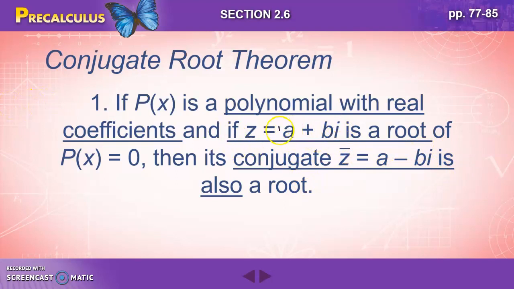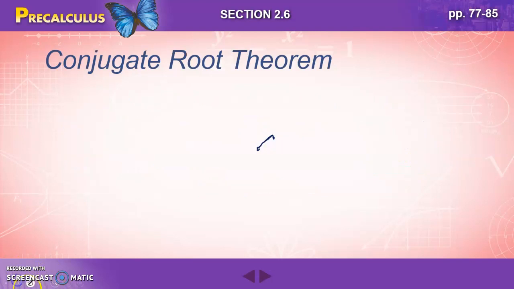So just keep in mind, if you end up with an imaginary number as one of your roots, its conjugate, which is like its opposite, is also a root. Continuing with our conjugate root theorem,